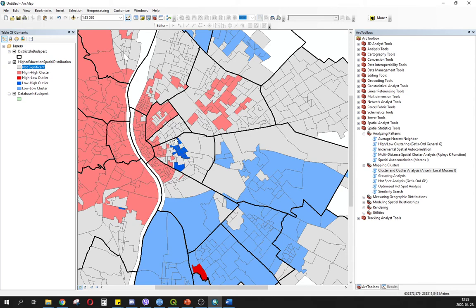In the 8th district we have a very hard blue one territories, the hard blue aggregates, which means that this is a very low percentage of the higher education ratio, but surround these territories, we have a really high percentage of the educational level. This means these are the territories which you've heard about